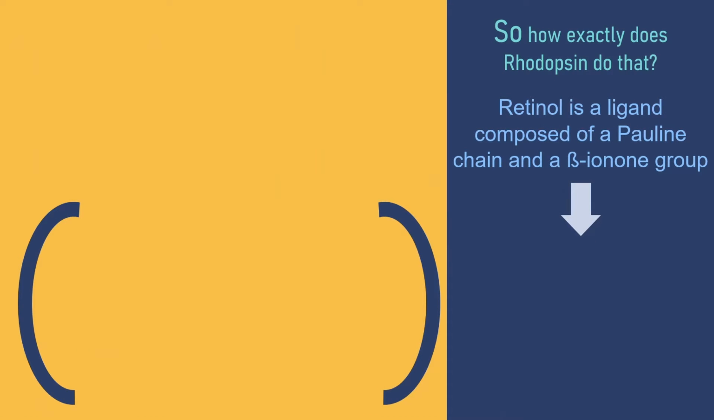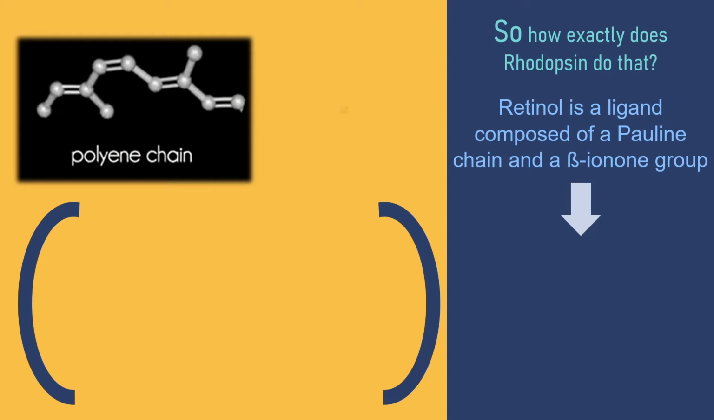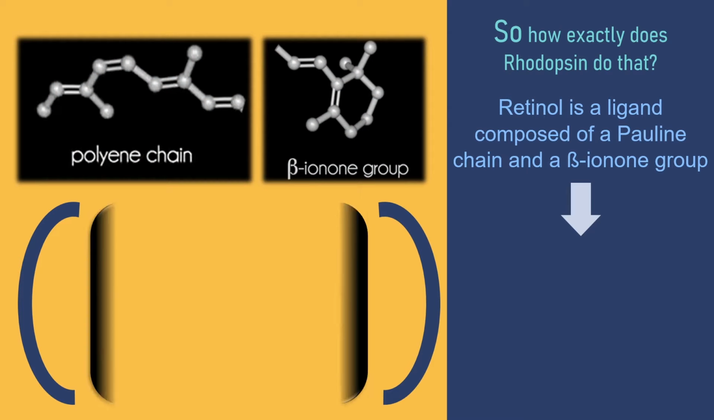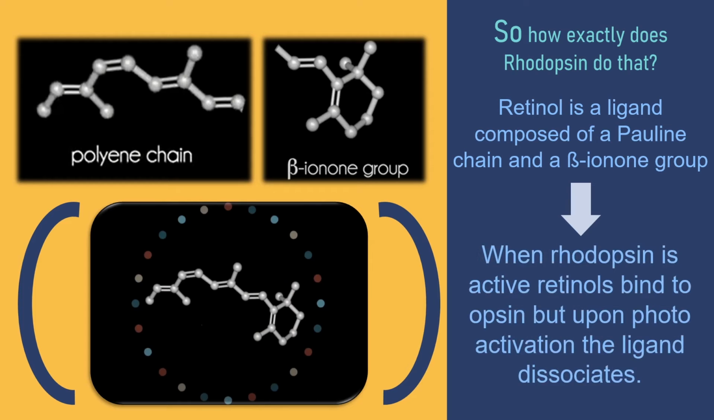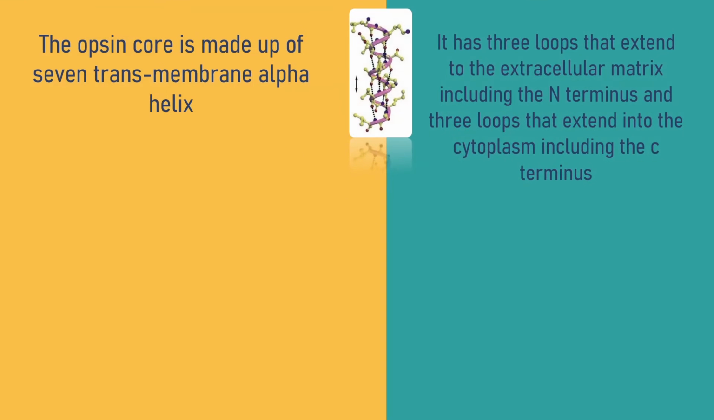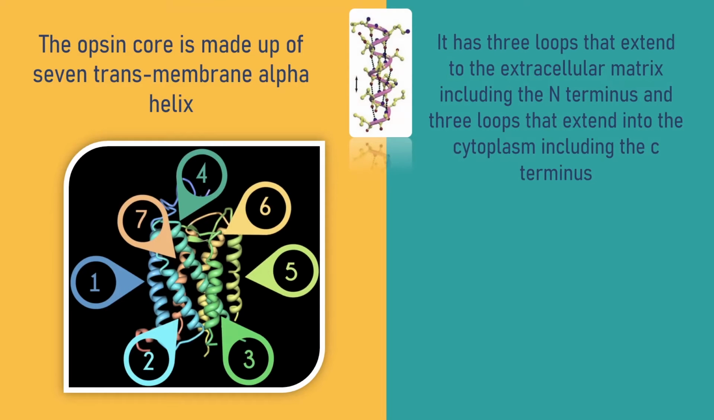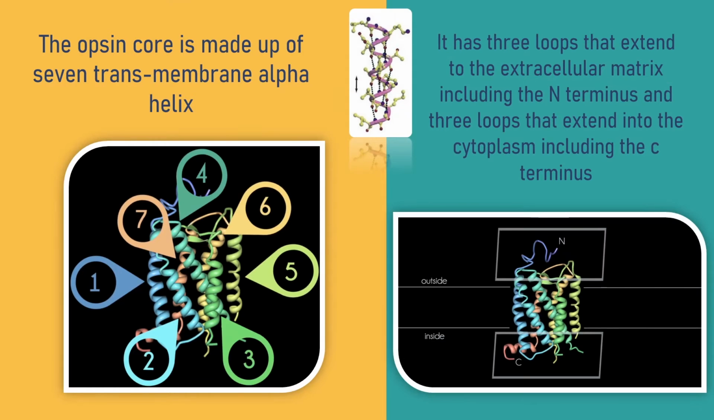Retinol is a ligand composed of a polyene chain and a beta-ionone group. When rhodopsin is inactive, retinol binds to opsin, but upon photoactivation, the ligand dissociates. The opsin core is made up of 7 transmembrane alpha helices. It has 3 loops that extend to the extracellular matrix, including the N-terminus, and 3 loops that extend into the